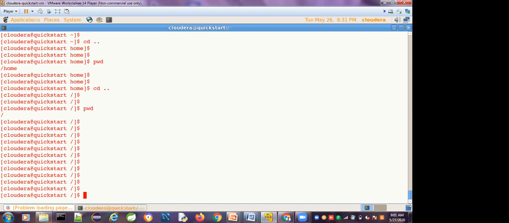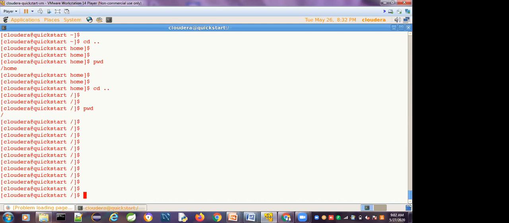Please remember the difference between the cp and mv commands. In the cp command, we just copy the data, and the source file will still exist. Nothing will happen to the source file. Just like on a local Windows operating system, when we copy and paste, the source data will be there. Suppose we cut and paste, we cut the data and paste it somewhere, and the source file will be deleted.